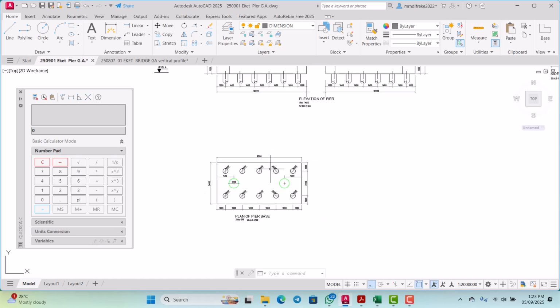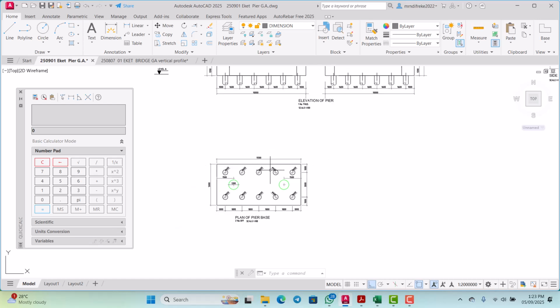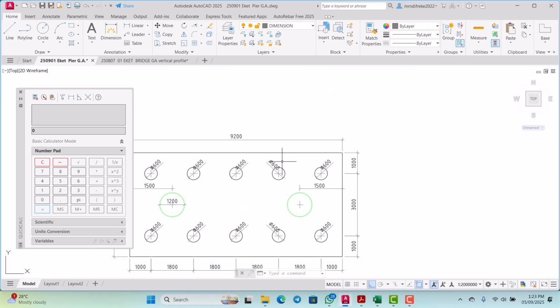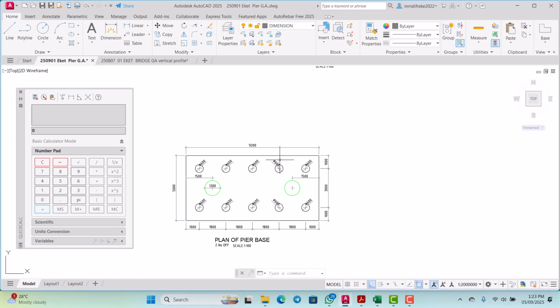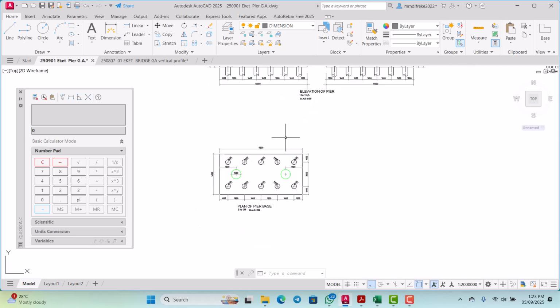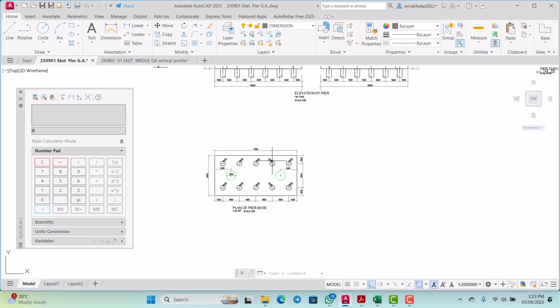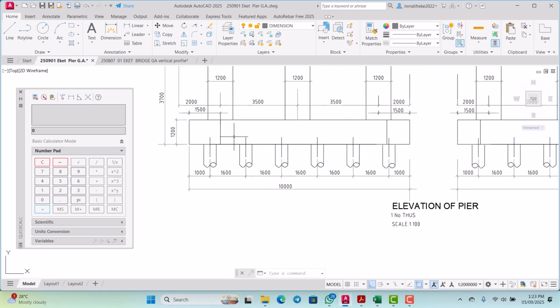So I just said, let me record this process so that you can also have an idea of how to go about this working drawing. Okay, so from the piers elevation,